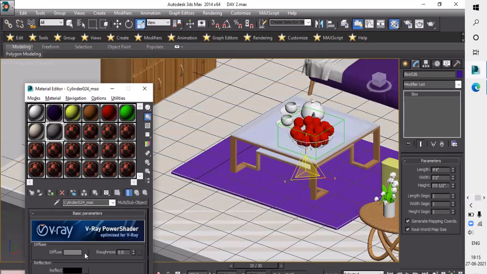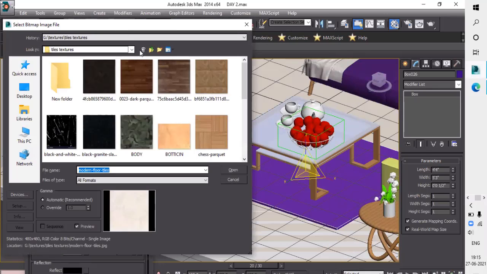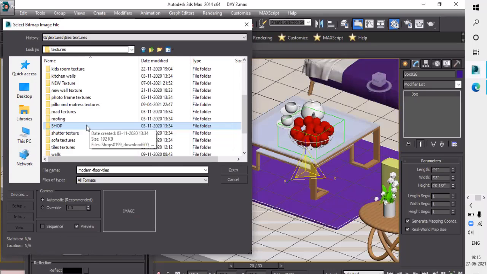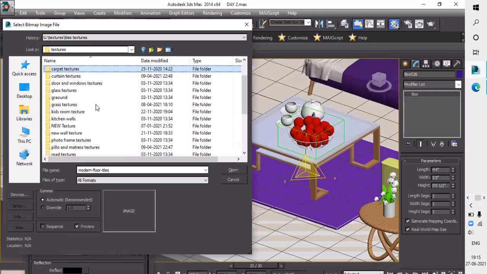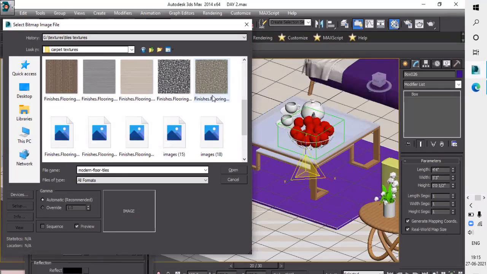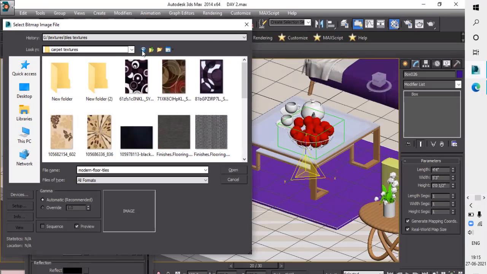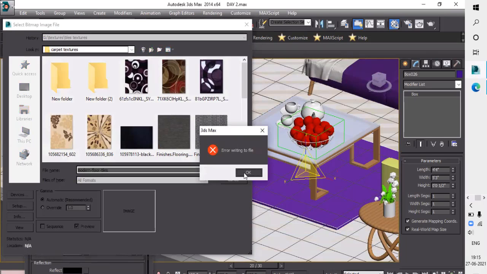Okay, I also choose bitmap because I want the texture, sorry, not the tile, for the carpet texture. So I have this carpet texture. But in the picture I will give another, so that's why I take another one.